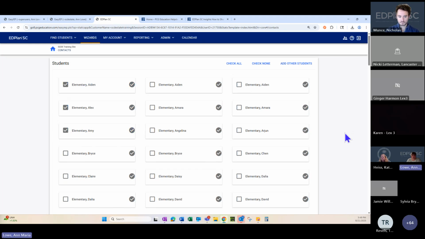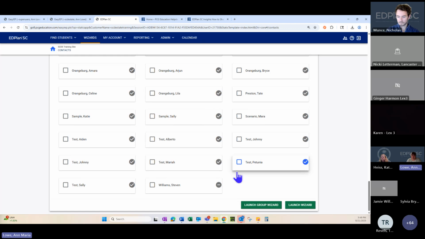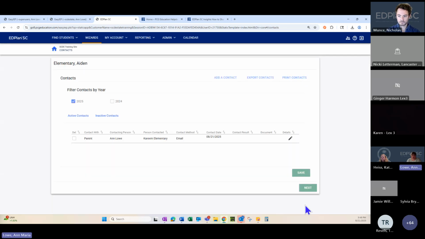3 students right there. Scroll to the bottom, and I'm going to launch the wizard. So a scenario I thought of is, many of my teacher friends have a paper calendar that they carry with them everywhere. It is their Bible. It's in every meeting with them. It's every time they take a phone call or whatever. So they'll have all their contacts in that calendar.